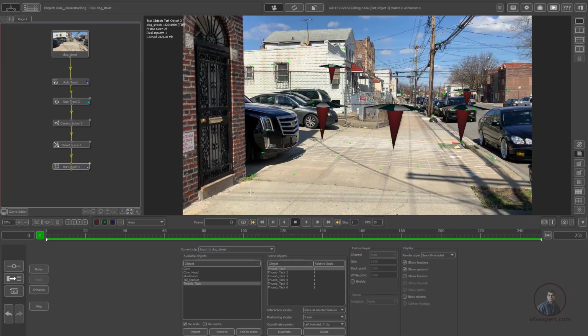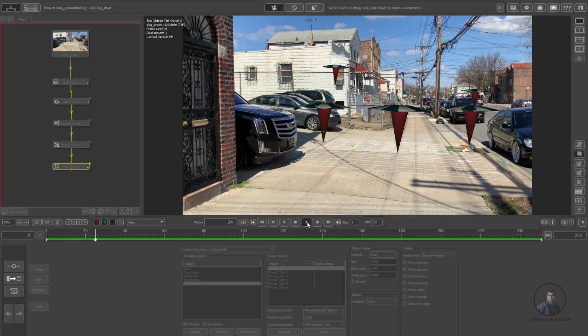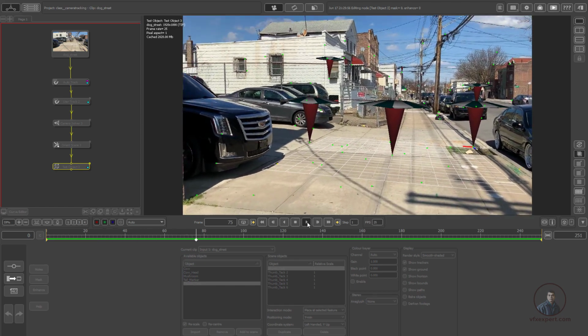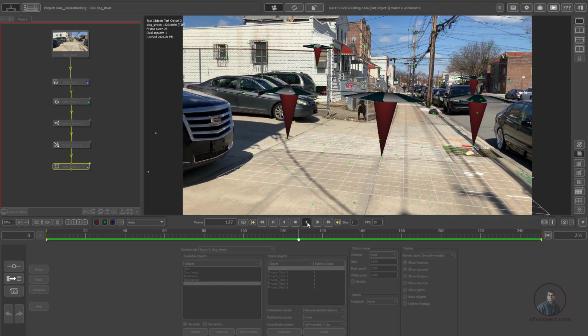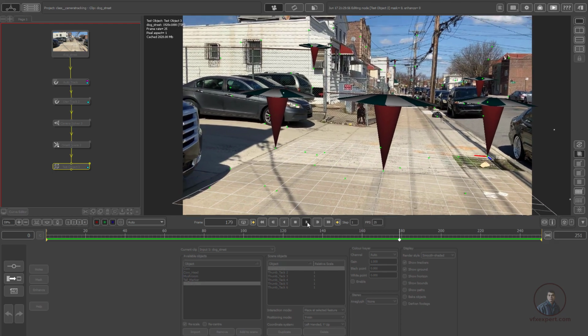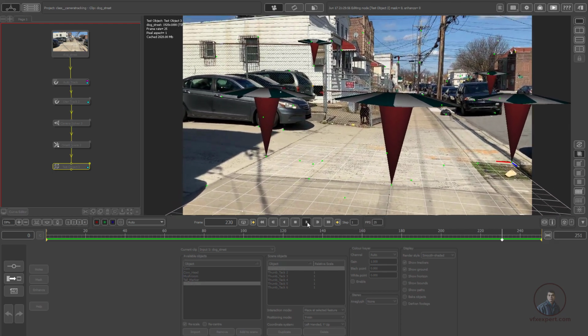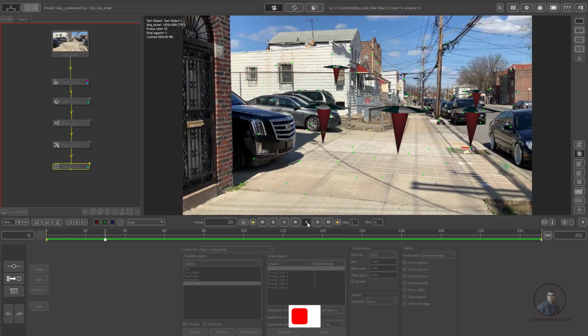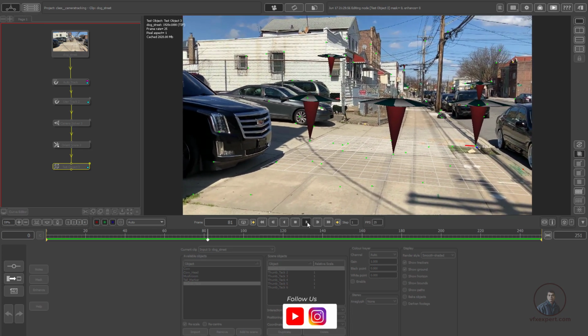So now here in PFTrack, I have tracked my shot and also I have created some text object in PFTrack. So now you can see, this is our final shot. I have tracked my shot, then I have solved my camera, then I have oriented our scene a little bit. All these things I have done in PFTrack. So now finally we are ready for exporting this camera data for Maya.